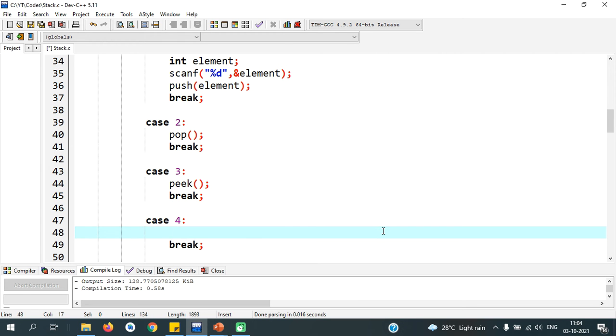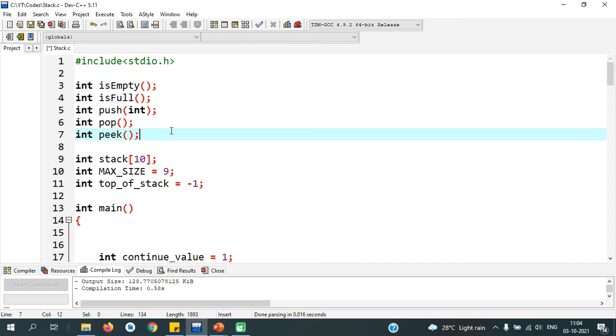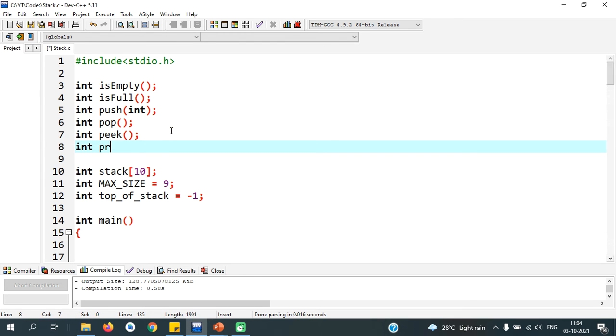Here you need to write another function, print stack. It's not int, void is enough.